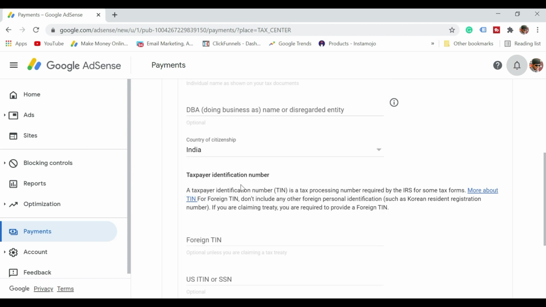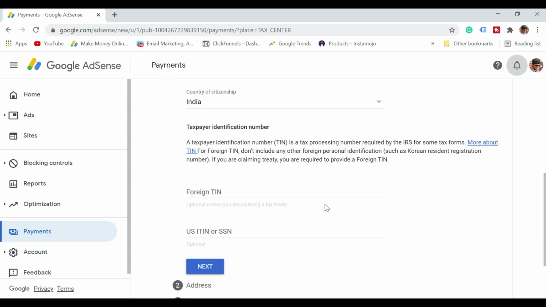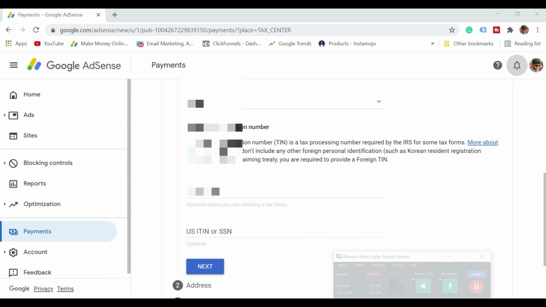Now taxpayer identification number, that is TIN. Here is a slight confusion that people usually have, foreign TIN. Do not worry, this is nothing but our PAN card number. TIN is tax identification number in foreign countries, and in India it is called PAN card number. So you have to enter the PAN card number here. So let me just enter the PAN card number.